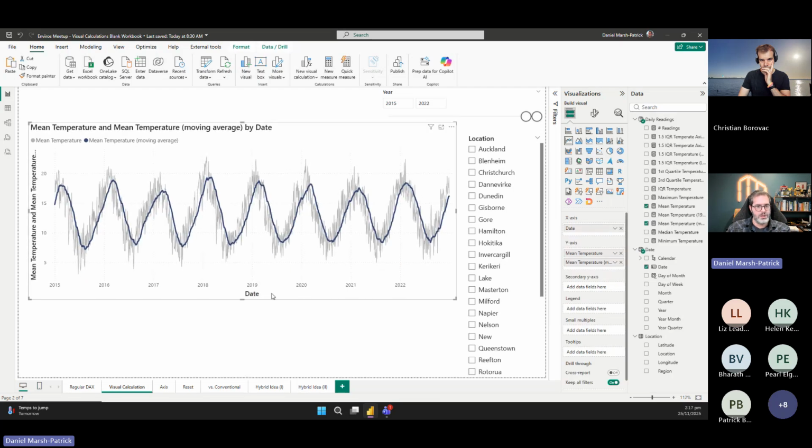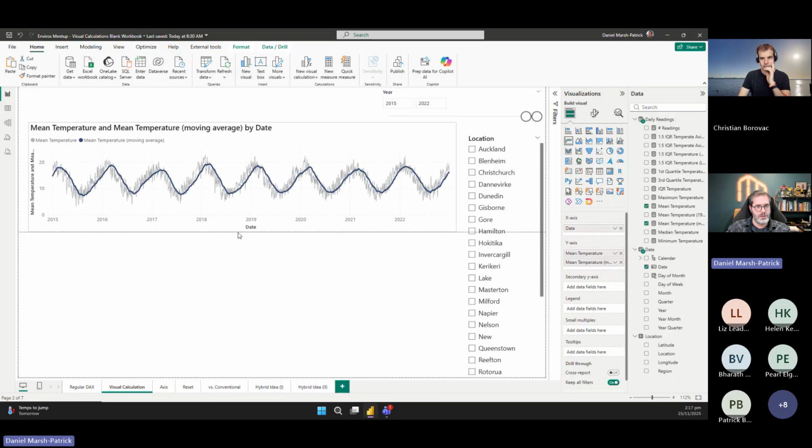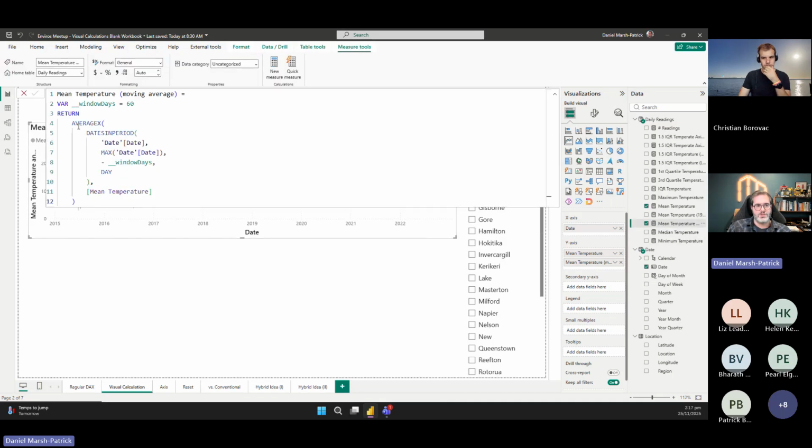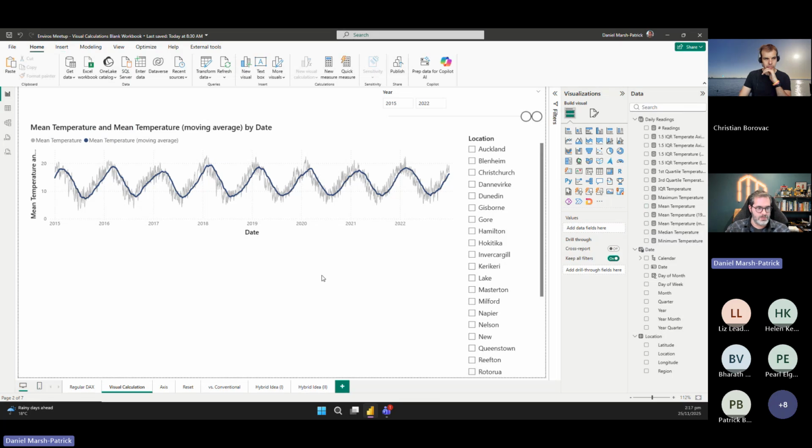So this is where we're going to start looking at a visual calculation relative to a conventional measure that we just used. So this is our rolling average that we added, and this is some DAX. This is not bad as DAX goes. This is about as far as I'm comfortable with DAX, unless it's building graphical stuff, which I'm a little more comfortable with, but that can get a bit crazy. But we're going to have a think about what this means from a visual calculation perspective. So I will